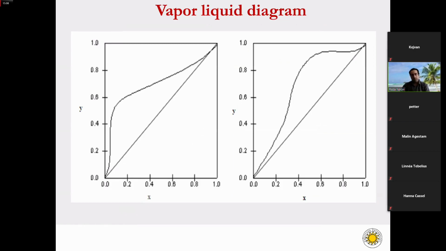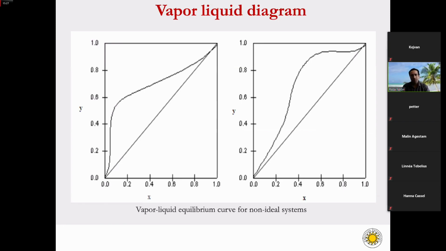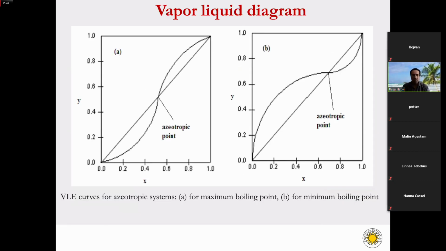And if you look at this picture here, you can see that the equilibrium curve is quite consistent. It's not moving around. It's very consistent throughout the mole fraction of benzene from 0 to 1. But there are many different systems or many mixtures that do not have a consistent vapor liquid curve, and we can call them equilibrium curves for non-ideal systems, right? But we also have certain systems where we achieve a point which is called the azeotropic point,